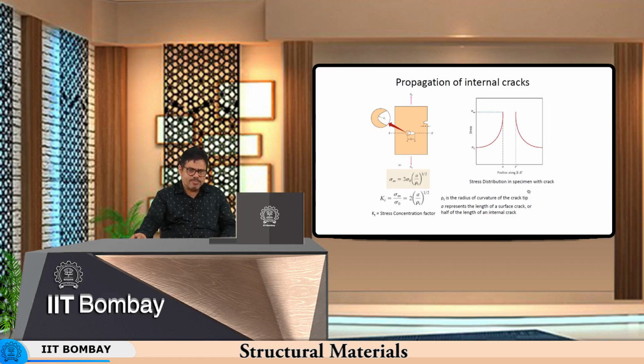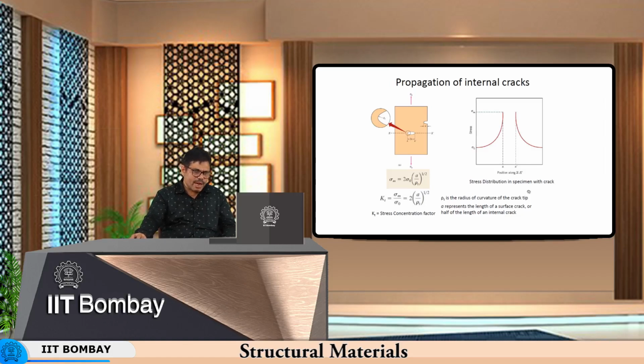This is the average value of the stress, based on the load divided by the cross sectional area, and as you approach the flaw, it gets intensified depending on the size of the flaw A and its radius of curvature rho t. So, the larger the flaw, and the smaller the radius, the more deadly it becomes, because the